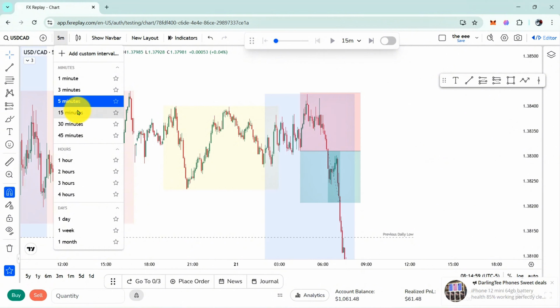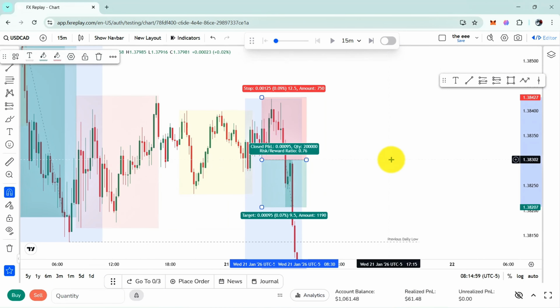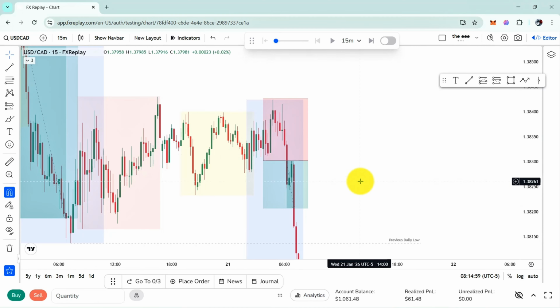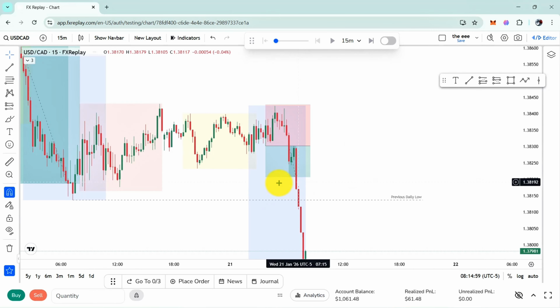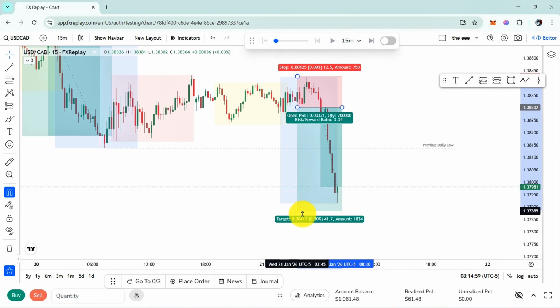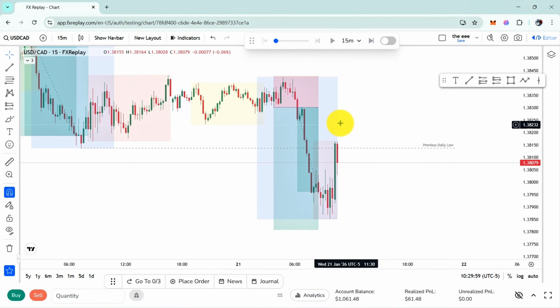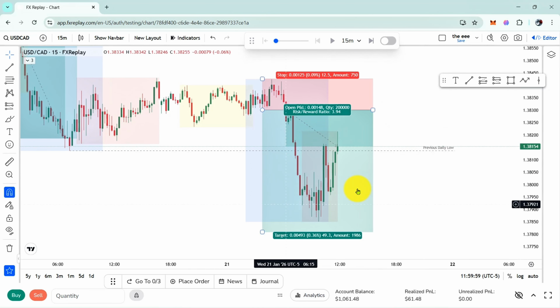Okay, let's go to 15 minutes. Okay, this is the last low. Since we have more bodies than wick, I will just be tapped in nicely, and maybe our take profit can be a one to five or one to six ratio, or whatever. Alright, so they didn't actually get to the take profit, but at least we get the idea of what a